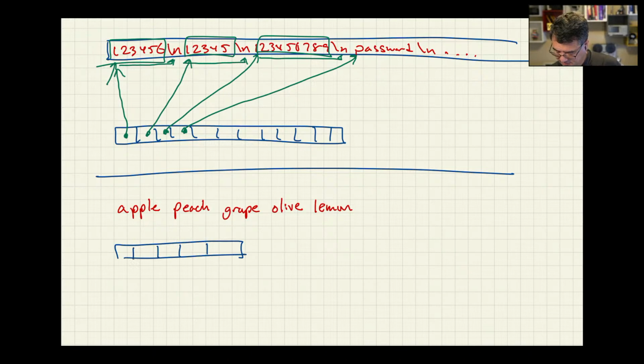So initially, your array looks like this, right? Each of the words are in the order that you read them in.